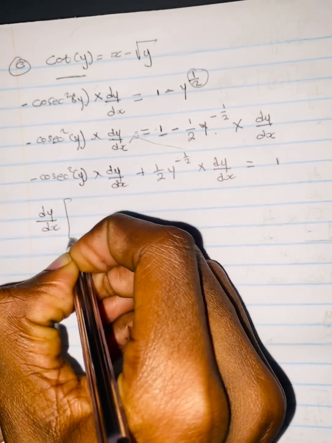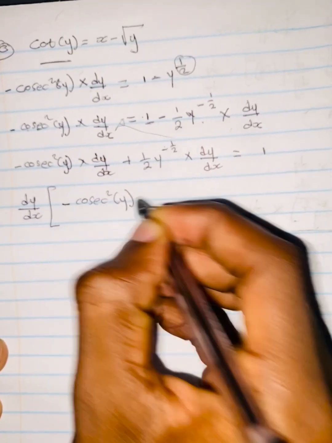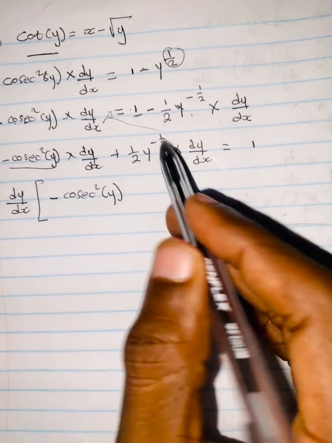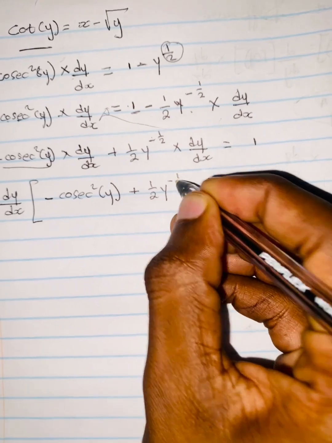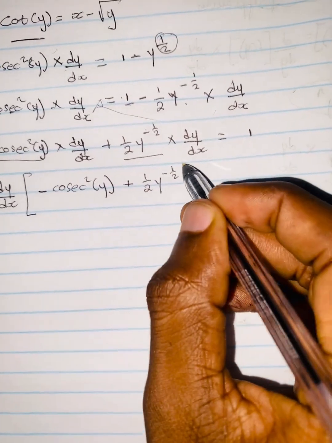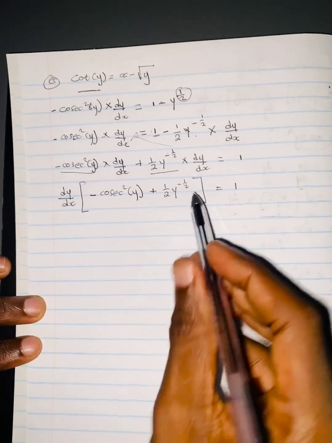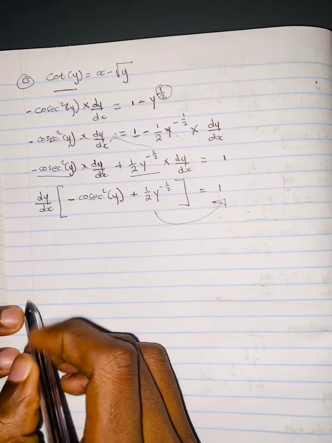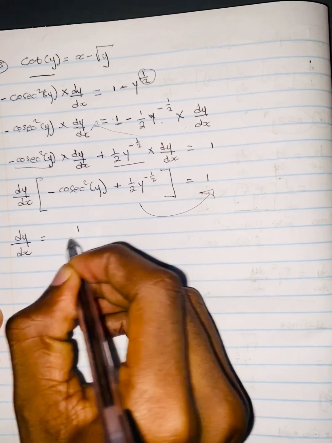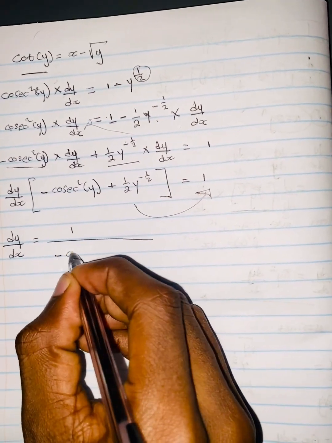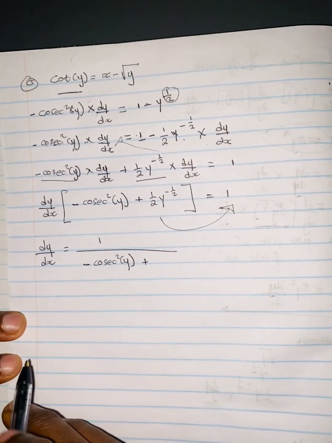Now we factorize out dy over dx into negative cosecant square of y, yes, and then we say plus half y to the power minus half. To be equal to 1. Yeah? Now we have to take this to the other side. So dy over dx be equal to 1 over negative cosecant square of y plus